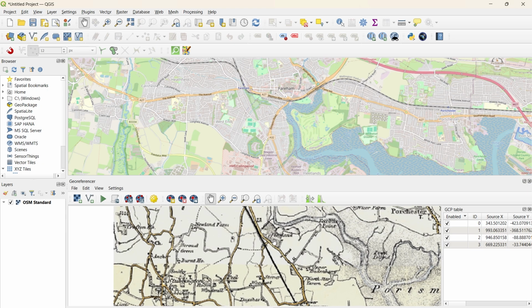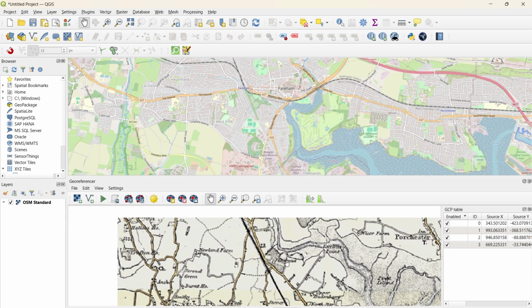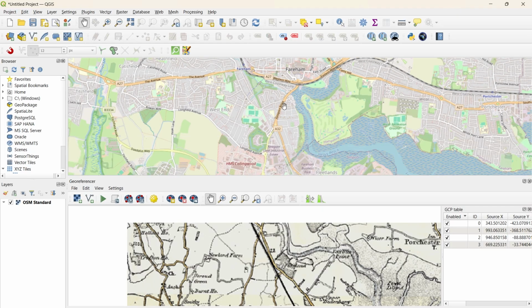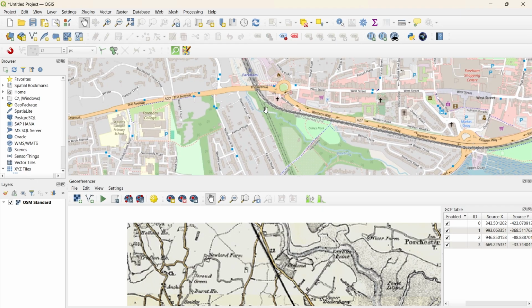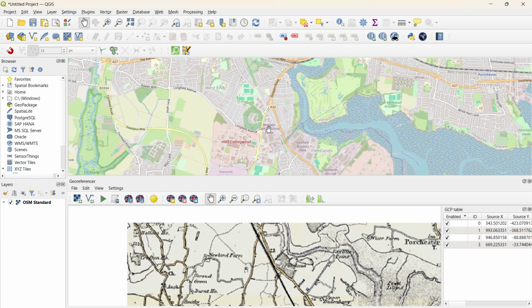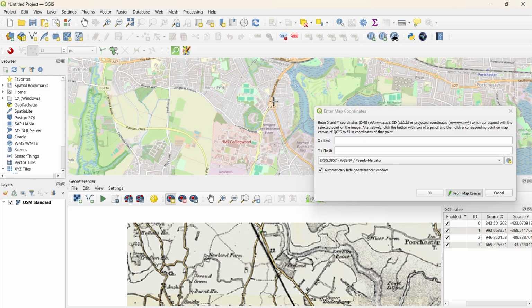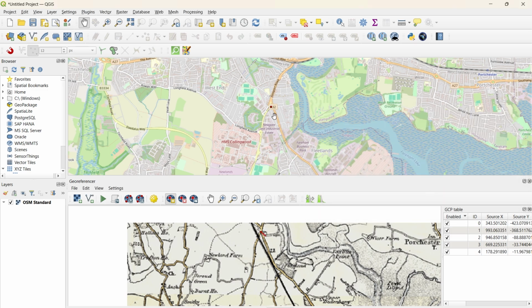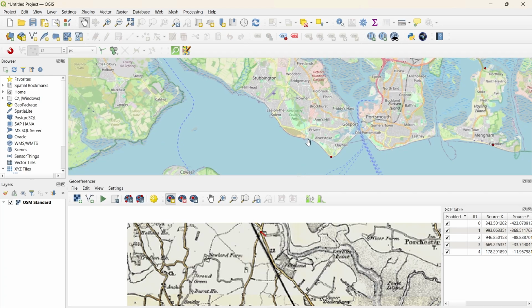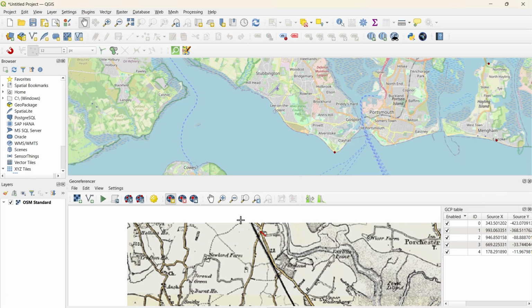So we need to find this point where these two roads kind of cross. So I found it. The railway was here, but you can see it slowly goes down and is cut off. But I did find the two roads which cross, and that's the point I'm going to use. So I'm going to use this point and reference it on the map. And yeah, I'm happy with that. And okay, so I'm going to just scroll down. Yeah, so this location,